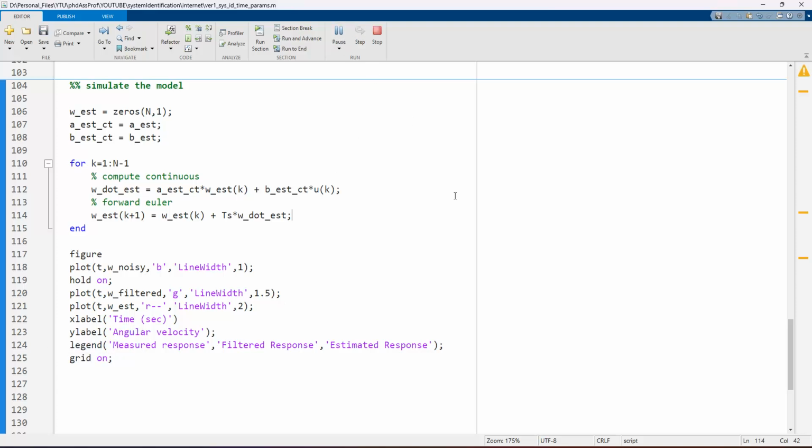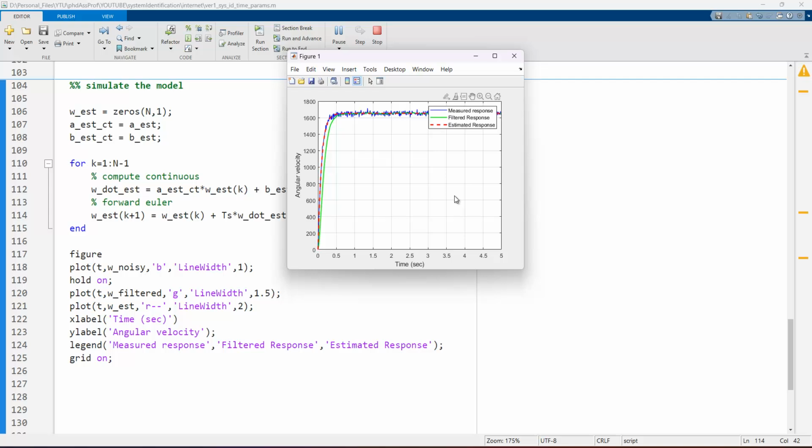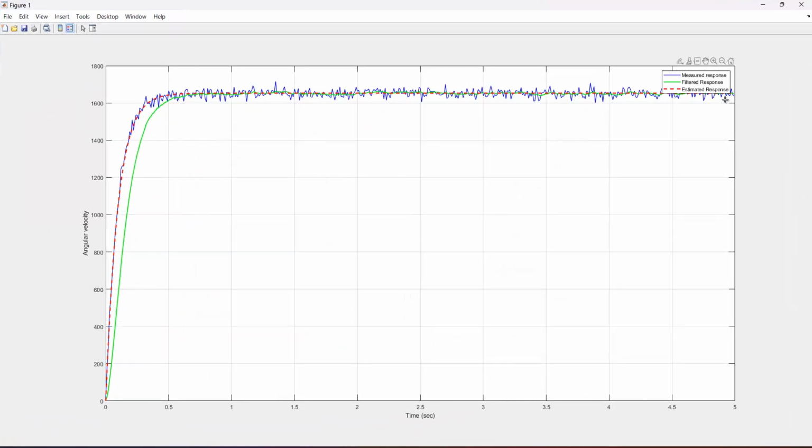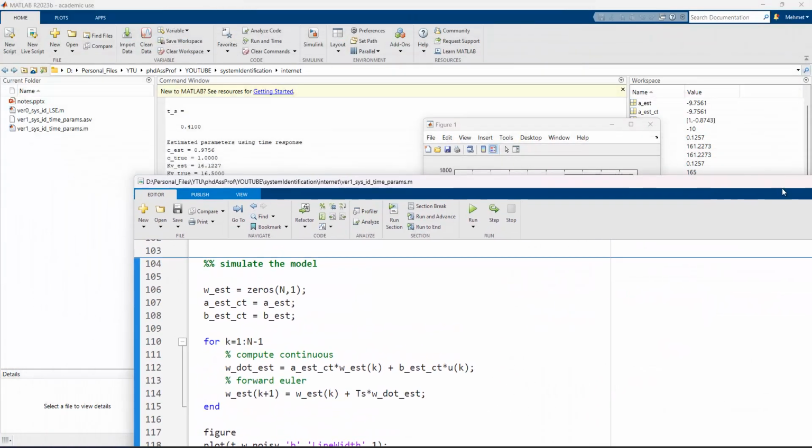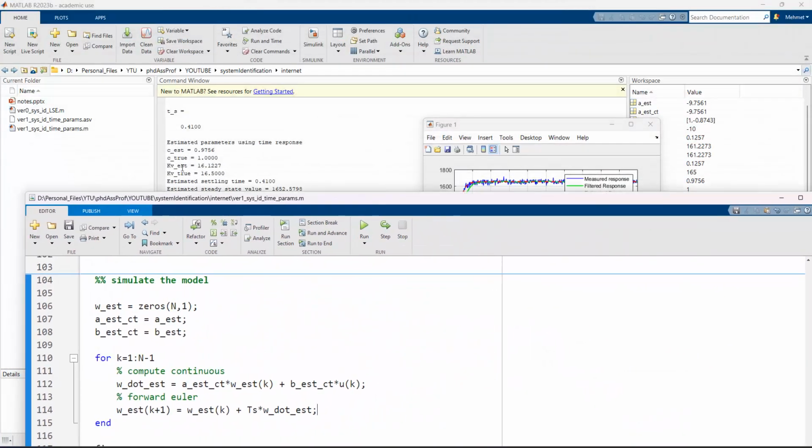If I run this code, we will have three dynamics in here just like this one, and the filtered response is here. Just see that this is the unnoisy signal. The estimated response is on the curve of the measured response. That's a good response to the model of these terms, and so we are close to the main values of these terms,